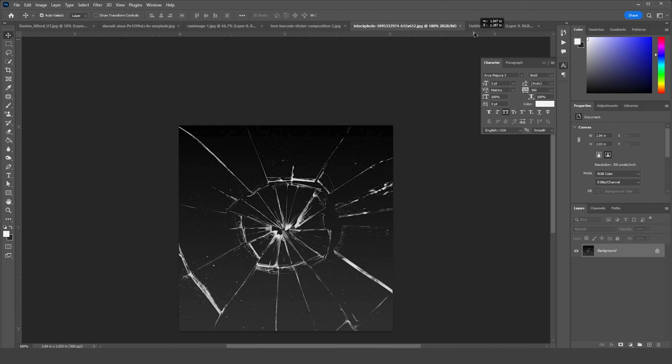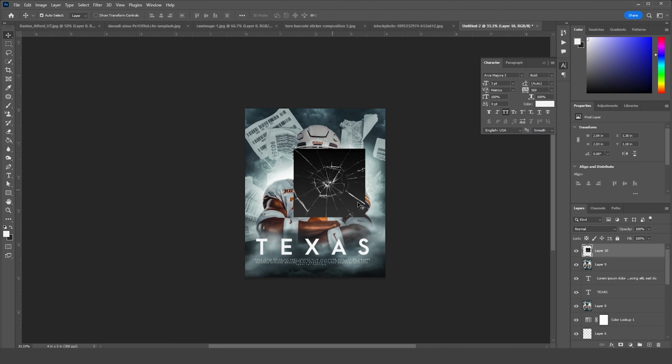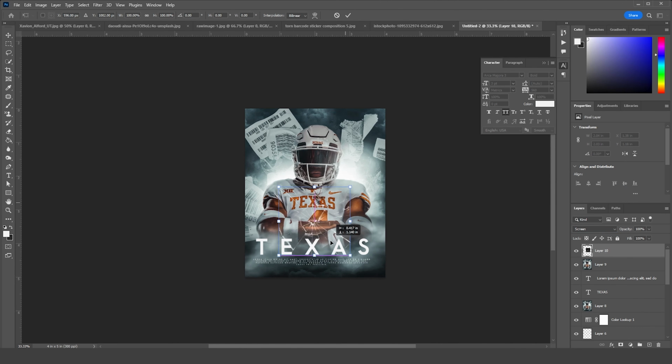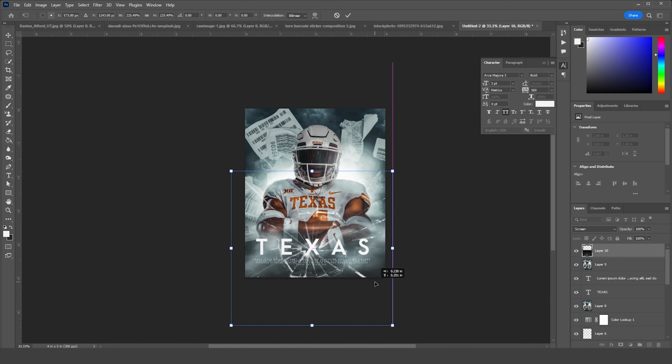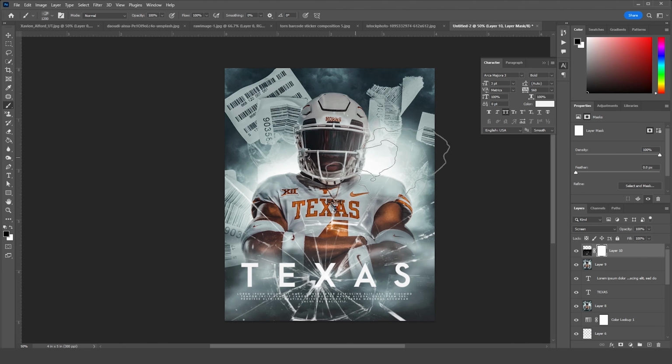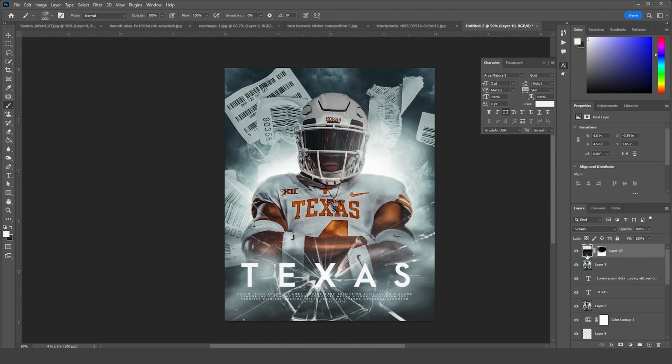Drag and drop this image right over here. Let's change the blending mode to screen, Control T. Let's make it way bigger just like so. Let's create a layer mask, go to brush, and let's erase some of these parts just like that. And again, let's merge everything, Control Shift Alt and E, go to pen tool,